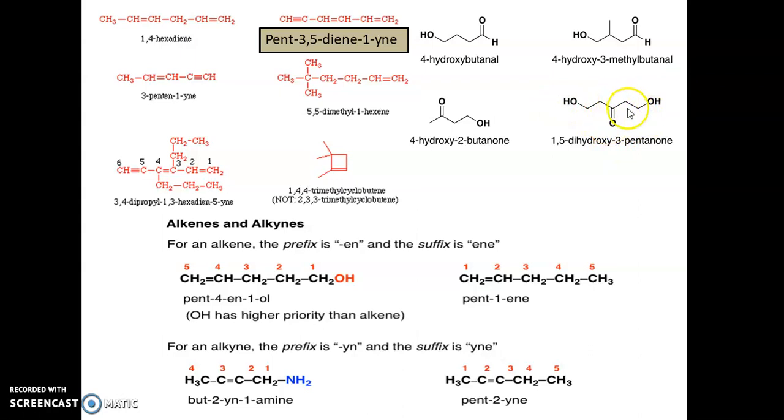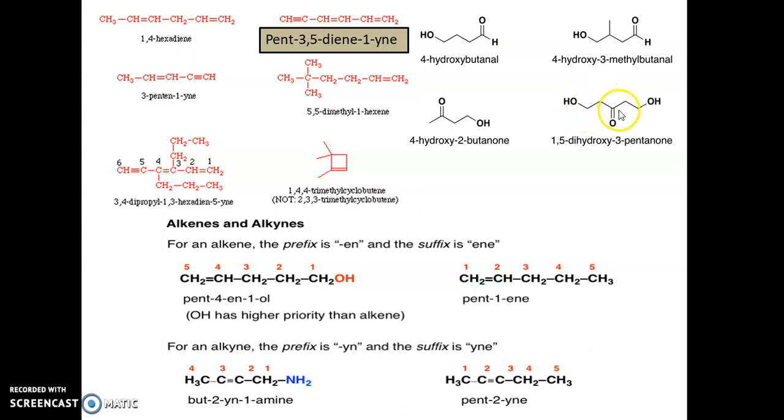So obviously we have to start, this ketone group will get the priority over here. You can start the numbering either from the left side or from the right side, because the overall compound is a symmetrical compound. Here you see the same part is there in the right side and in the left side as well: CH2, CH2OH, CH2, CH2OH. So it doesn't matter from which side you are starting the numbering. I am starting the numbering from left to right.